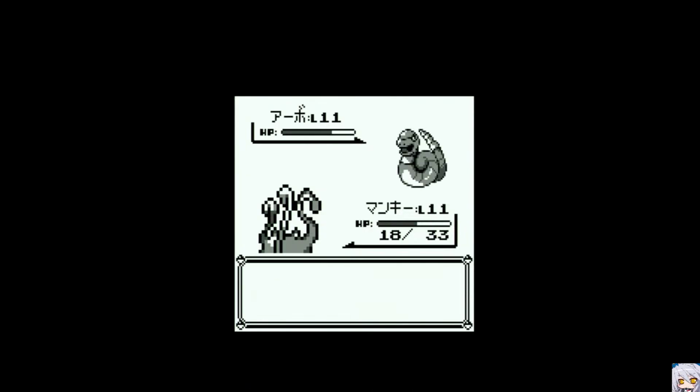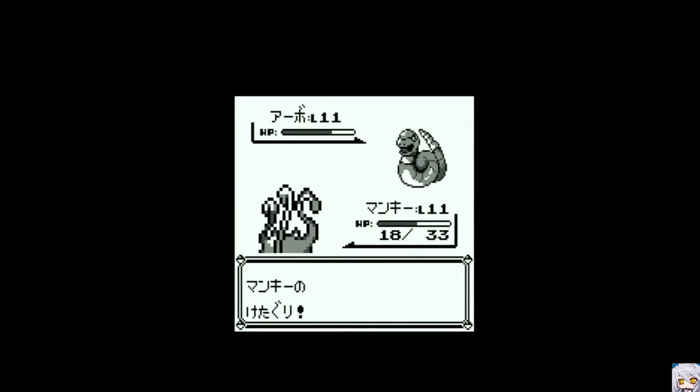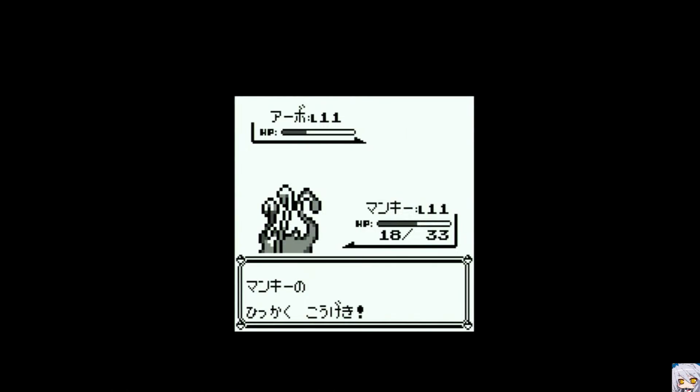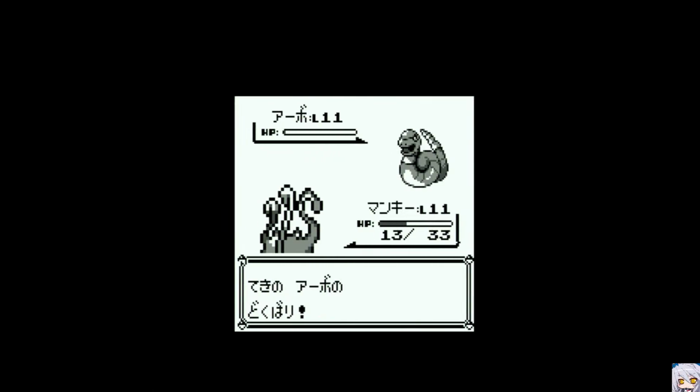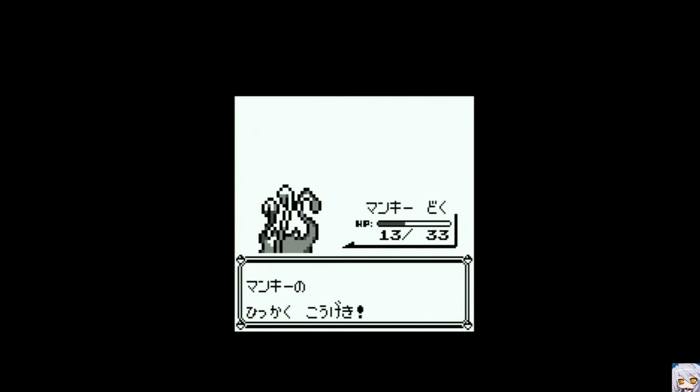I'm not sure if low kick is better against this guy. Well, it has the ability to do that, to make it flinch. Another poison! Another poison! That's what I'm talking about, like the